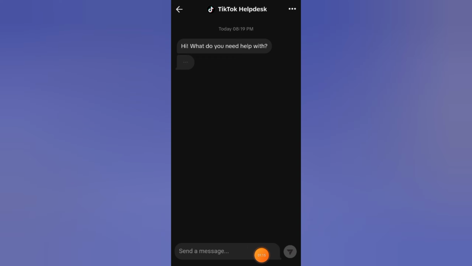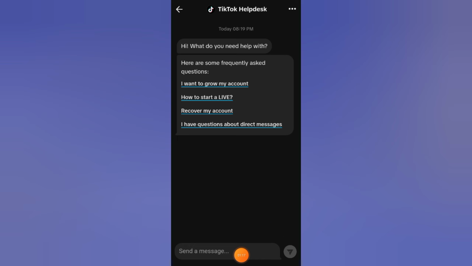Now here you have to type which problem you have. After that you have to click on send. In this way you can fix